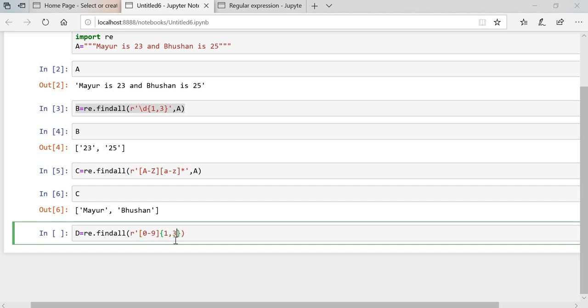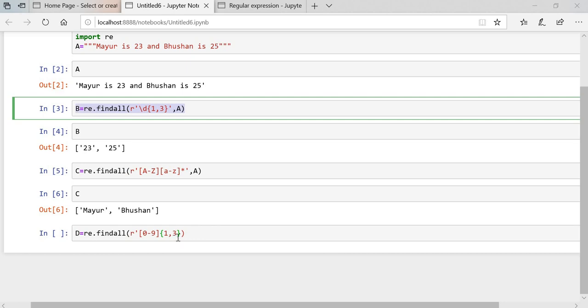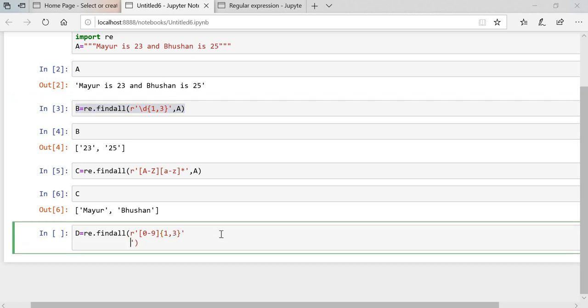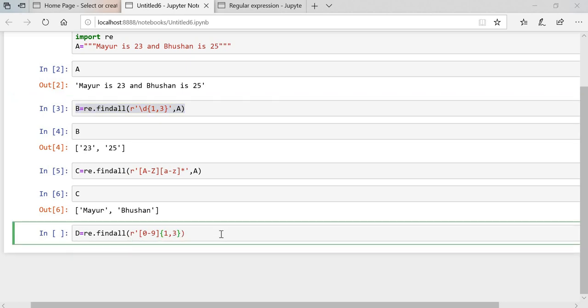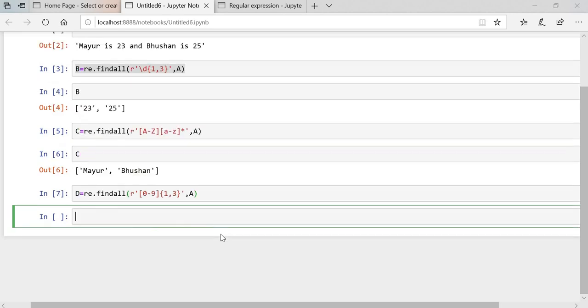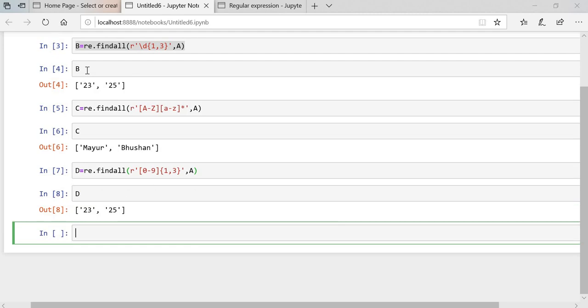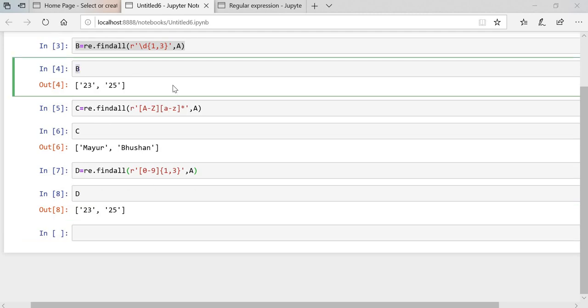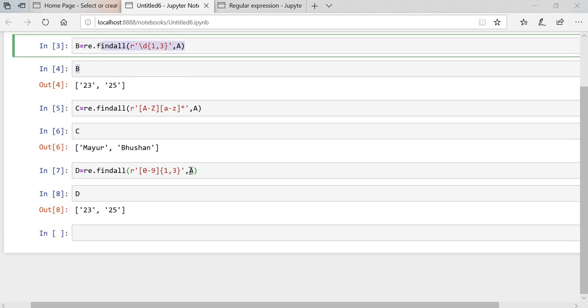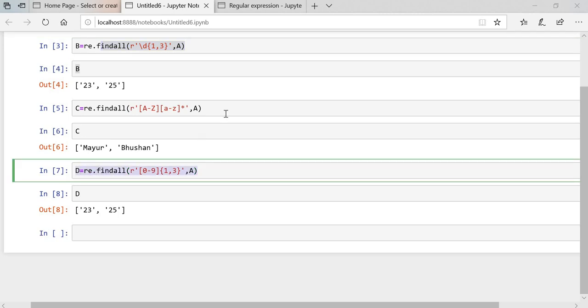We have to give the range over here, the same as what we have given in b. From where we have to fetch the value, from a. Okay, we'll execute this one. We'll check in d. We got the same result as we got in b. So either we can use this one or this one to fetch the integer value.